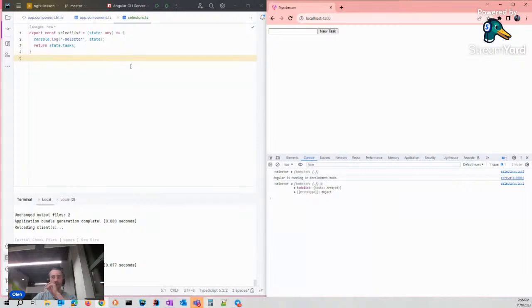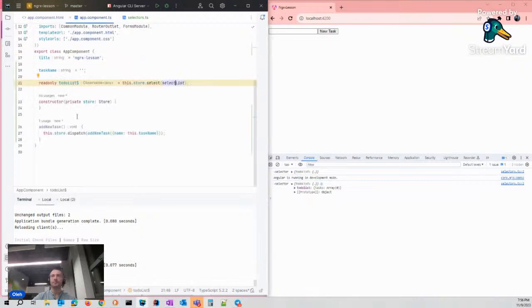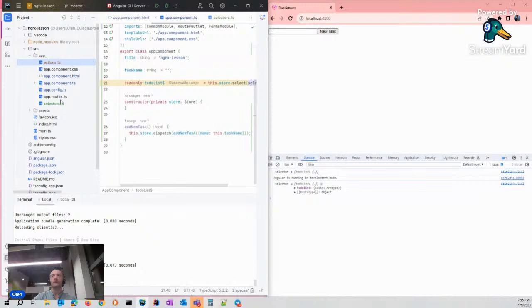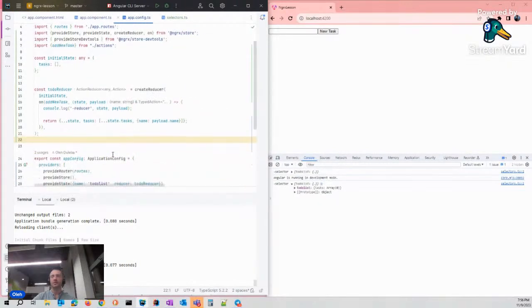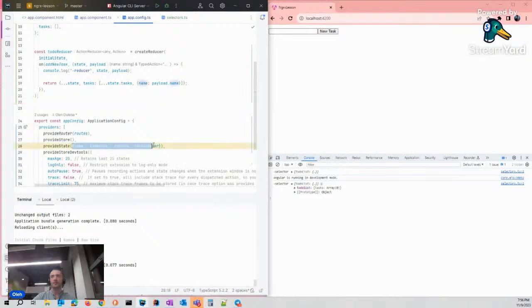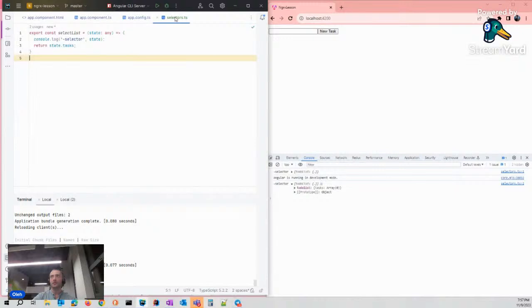Because the first interesting moment: this first function, the selector, has to get our slice that we have created and named in the provided state. That's the reason why we have to write the following.